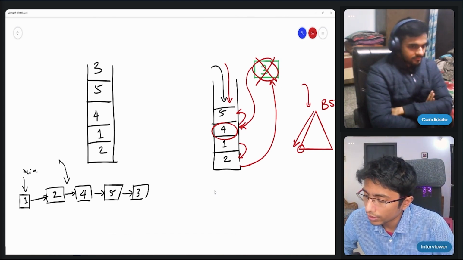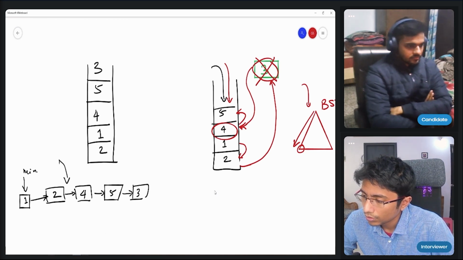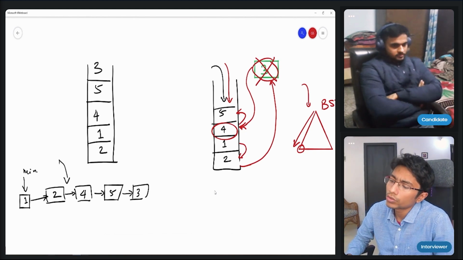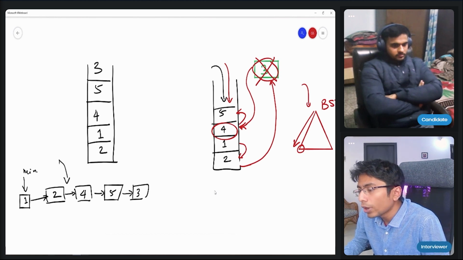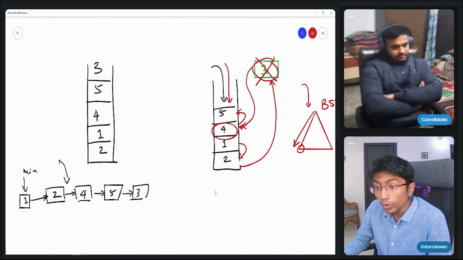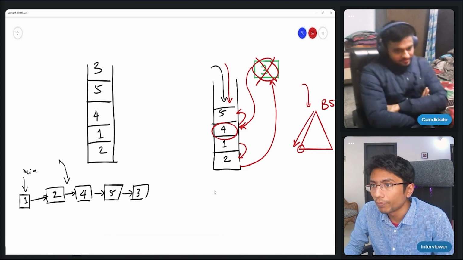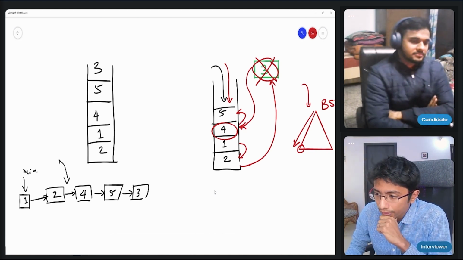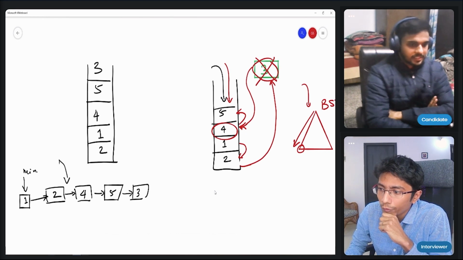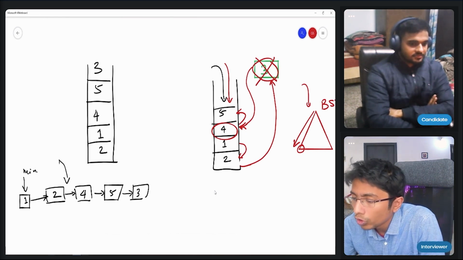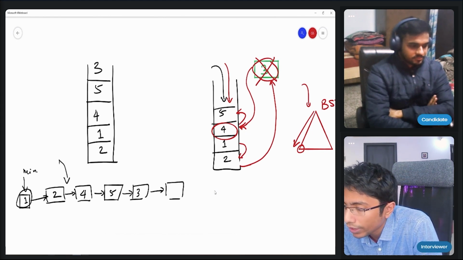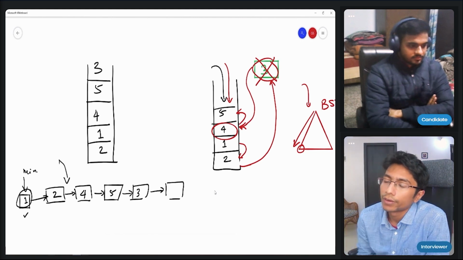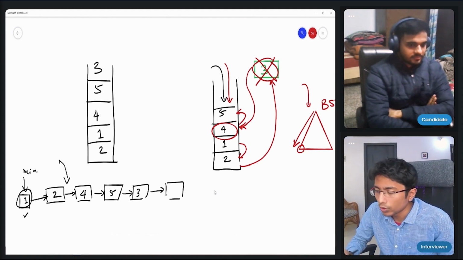Now this is where the problem is. Get min. Let's say 3 came in. Now what happens? 1 will always be the minimum till you actually pop. Till you can pop, till that point, 1 is the minimum. So it actually doesn't matter. If you're the minimum, whoever comes after me is fine. You need to pop yourself to actually beat me. Okay, I'm getting the logic now.